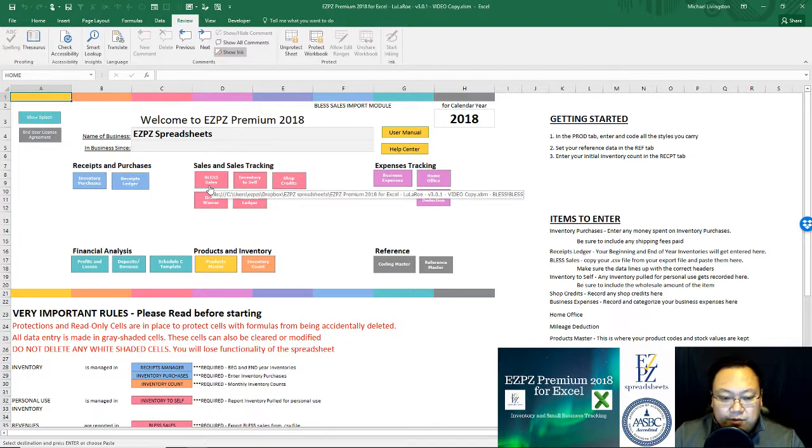Now with the three modules, you are able to choose your own adventure and choose the method that you want to use. Whether you want to go very in depth, or if you just want to go with the information that you need, so you can report your sales, do profits and losses, and still be able to do all the things that an EZPZ spreadsheet can do for you,